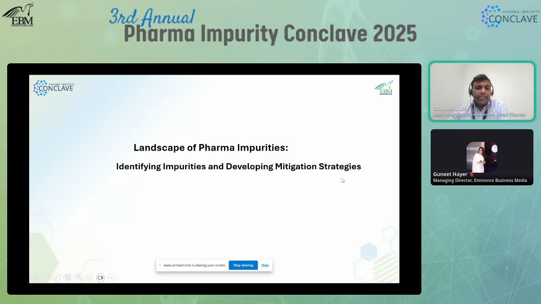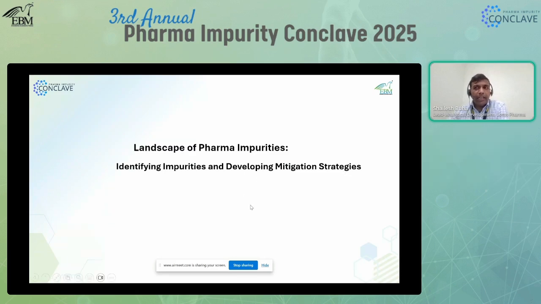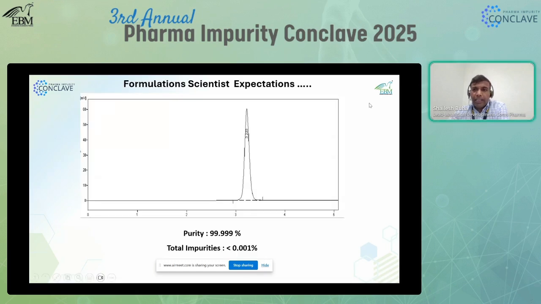So the second session is identifying the impurities and developing mitigation strategies. I think this is a very important topic in industry, and now everyone is looking for this. So let me start. If this is the chromatogram, then formulation scientists always expect purity of 99.999%, total impurity less